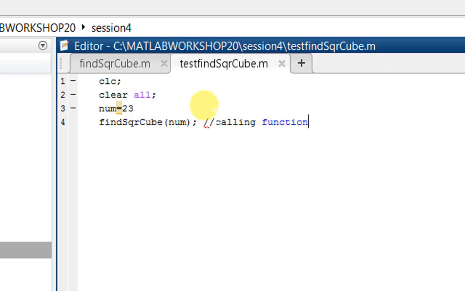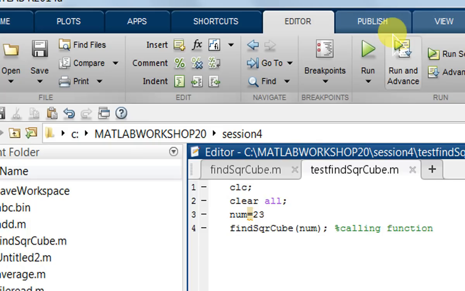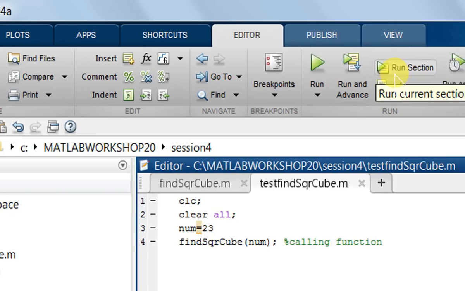And in the test file we have to call that function with the function name and its input arguments. So how many arguments are there? Only a single argument is there, so we call num as an argument, and we pass the number 23 to num. Now we have to run this test file to test the function.